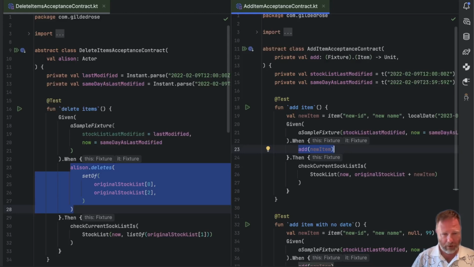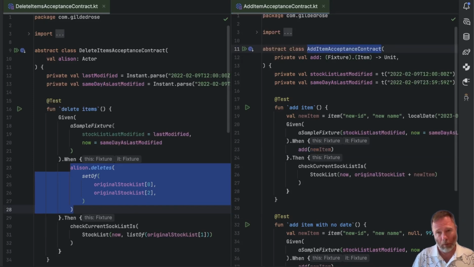Now I really enjoyed the refactor, it was nice creative problem solving, but just doing it again for the add item acceptance contract, that seems like toil. I don't like toil, but I really don't know that I could describe to the AI what I wanted to do. It occurs to me though that I don't have to describe it because I have just done it. And so my cunning plan is to open Juni